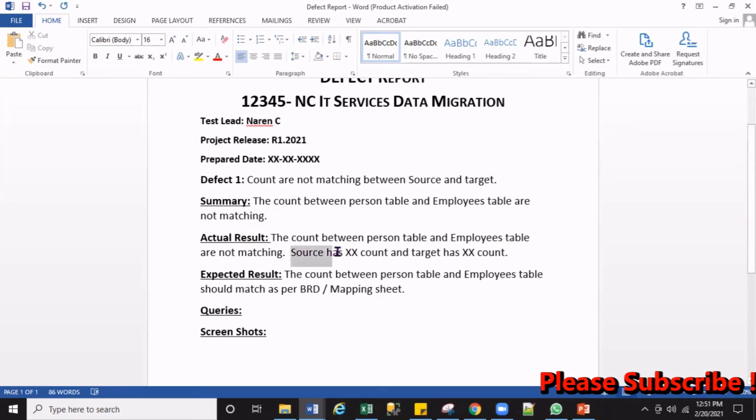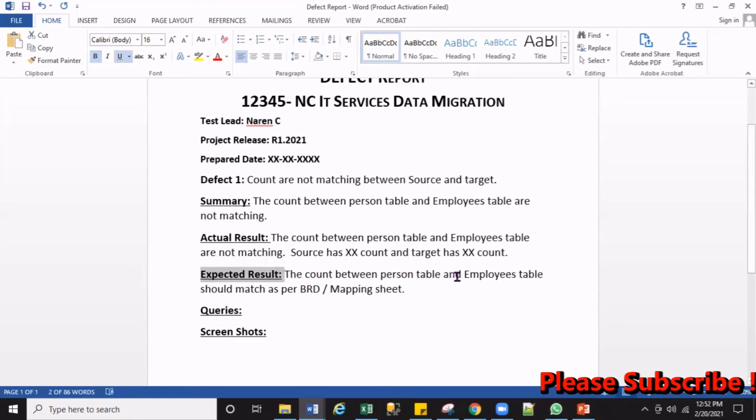That means source table has this number of count, maybe 50,000, right? Source table has this number of count, and target table has this number of count, X number, any number that you will see when you run it, right? Because the count is not matching. Then the expected result: what is your hope?